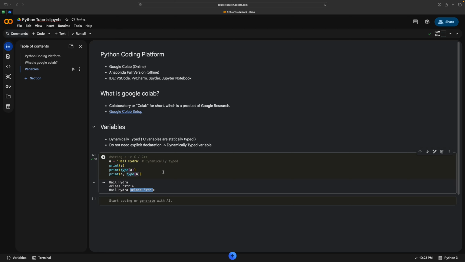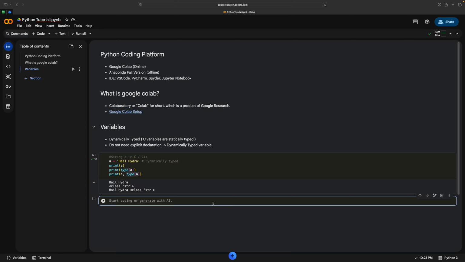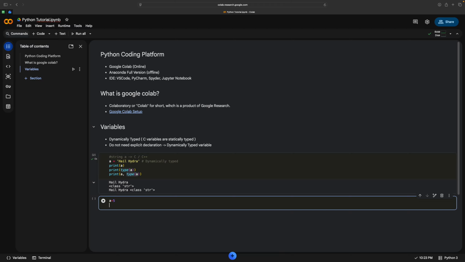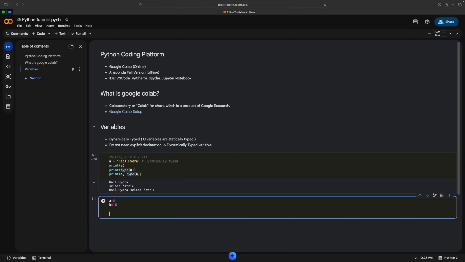Okay, so let's say we want to declare an integer of suppose a equal 5, b equal 16. We can do it like this, or we can also do it like this: a comma b equal to 5 comma 10. But I think that's a bit different from C, because we can do that in C. Anyway,